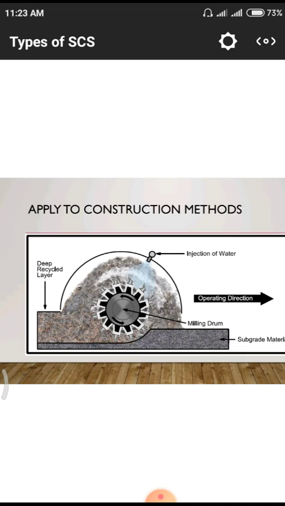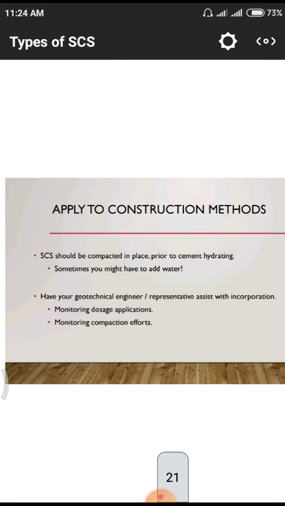That means initially we have to mix the soil with the surrounding parameters like cement and a small quantity of water. This is the machine simply mixing the existing soil with cement and water, so that up to 3 to 4 inches of material will be removed. That material will be spread with the help of cement, and then it is totally spread. After the spreading is over, they have to go for compaction.